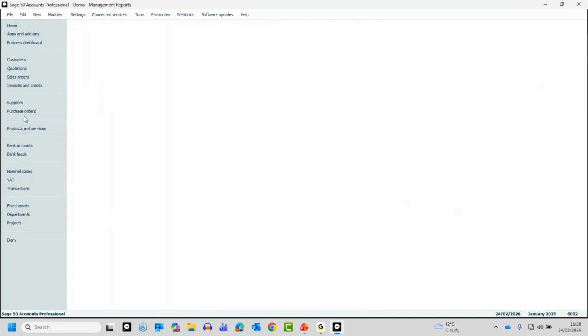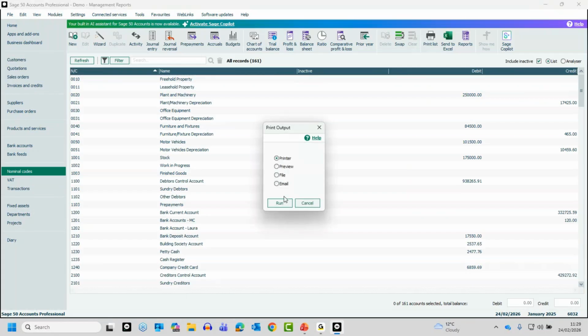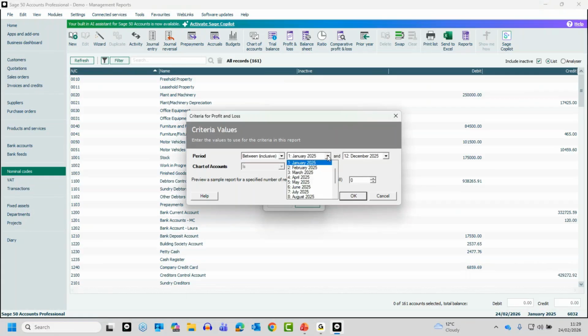Now, if I go to nominal codes, let's say I want a P&L for the previous financial year. So you're probably aware of this one. If I choose P&L, let's preview it. And I do have an option, or I should have the option, at the top, brought forward. But let's say I want that for the previous financial year. If I choose brought forward to brought forward,